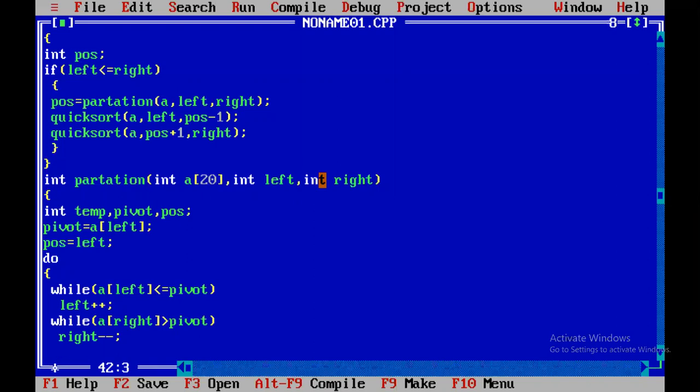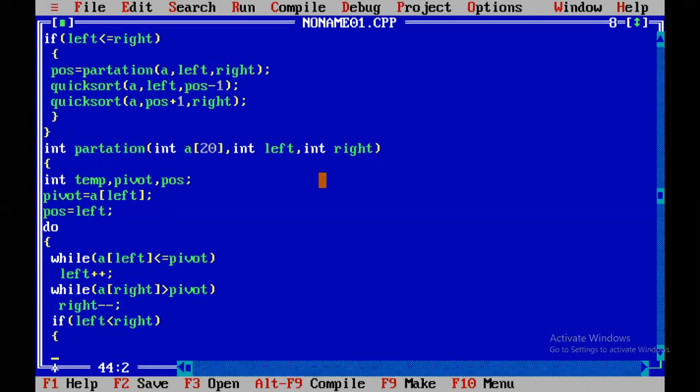After some time, the left and right positions stop. If left is less than right, interchange both left and right values. How to interchange left and right?